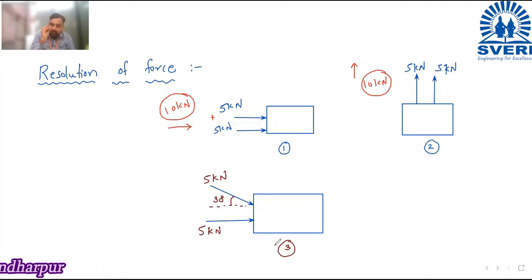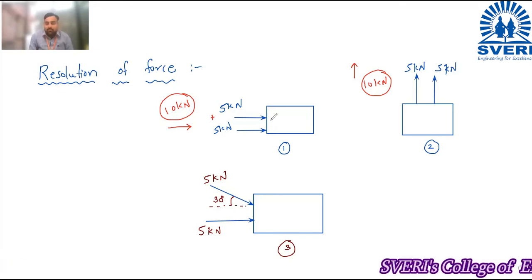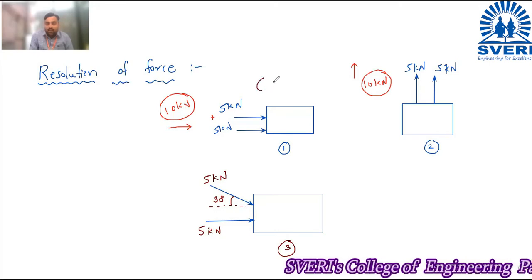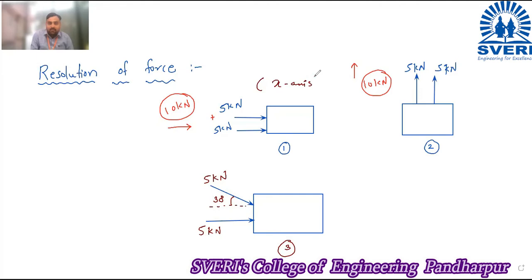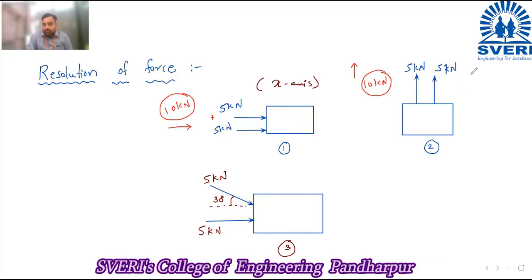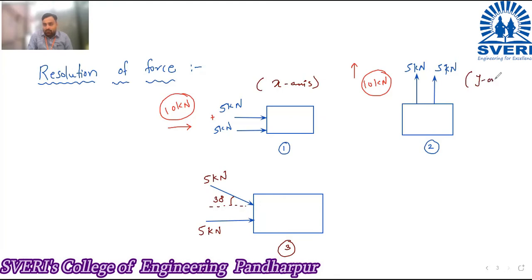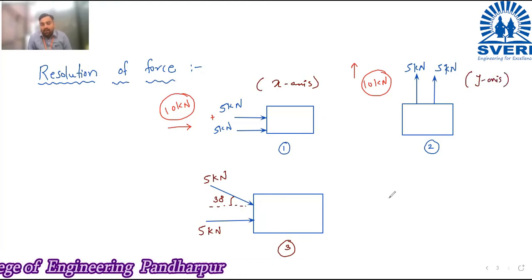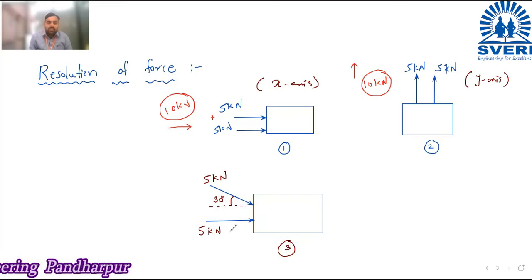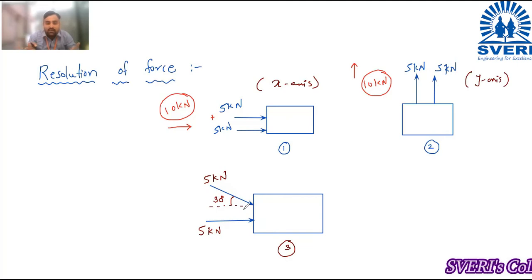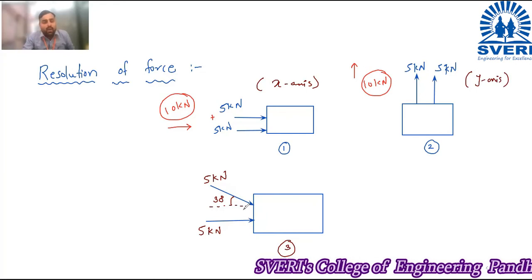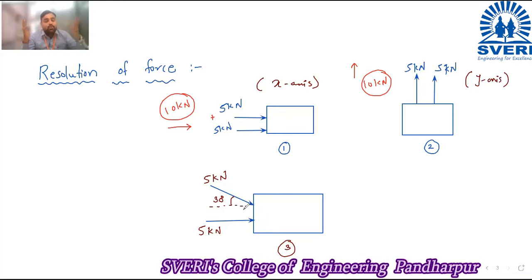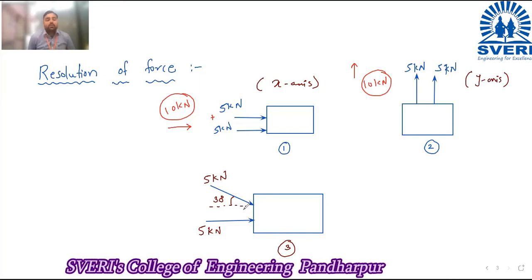आता तुम्ही पॉइंट वरती आला. आता बघा मी काय सांगतोय ते नीट ऐका. See, this is not in same line means what? In first case, if you see, the forces are parallel to x-axis. Am I right? In next case, if you see, forces are parallel to y-axis. But in the third case, one force is parallel to x-axis, but another force is not parallel to x-axis and it is also not parallel to y-axis. Neither it is parallel to x-axis nor to y-axis. So that is why you cannot add that force directly and find the resultant.